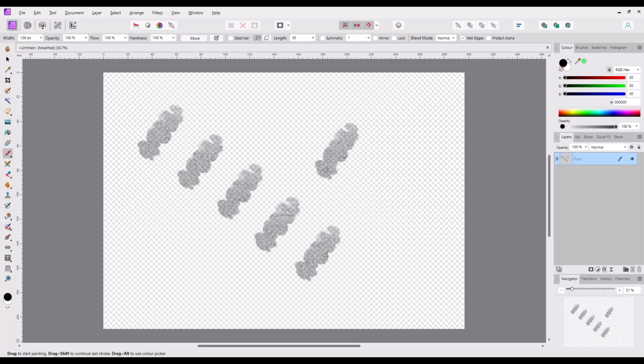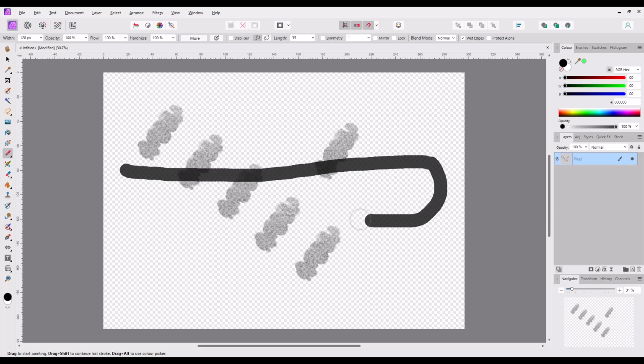Right, before I move on to the quick look at the clone brush tool, there's one thing I do want to point out, which is the protect alpha option up here. Now I've changed the brush, and as you can see, I can just click and paint on this as I see fit. But if I tick protect alpha, and change colour so we can see this easier,